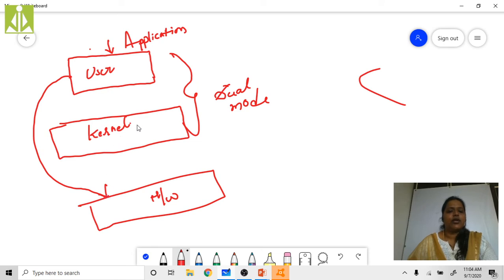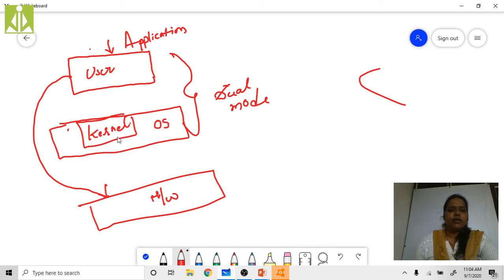So what we are going to do is, we are keeping an interface, that is the operating system. This kernel is a part of the operating system. So in between, in order to communicate with the hardware devices, we have kept the operating system.